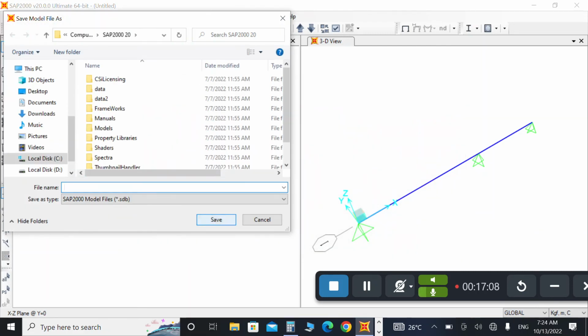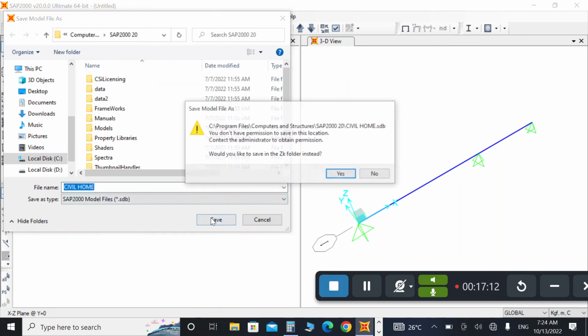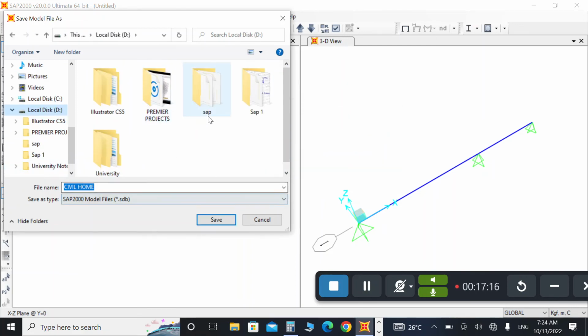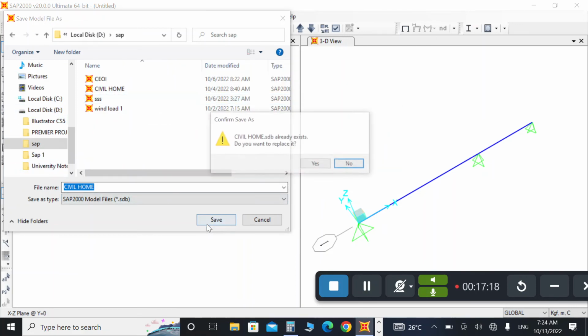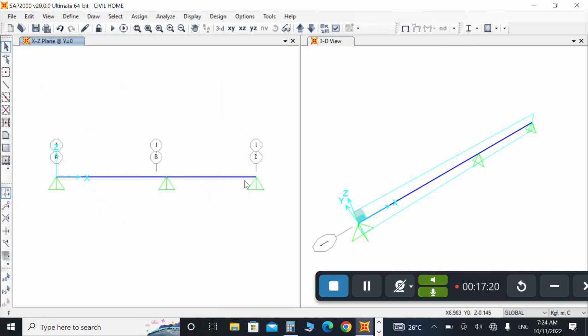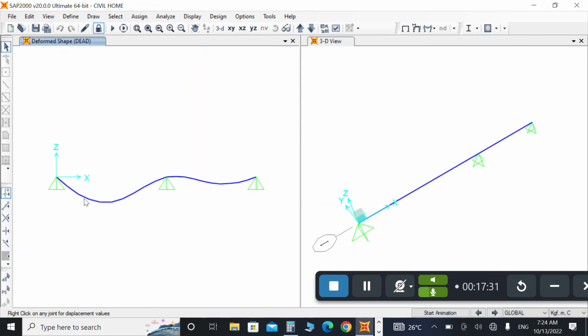Then for example save, and save in here. Then it's actually the deformed shape. If you see the animation, now